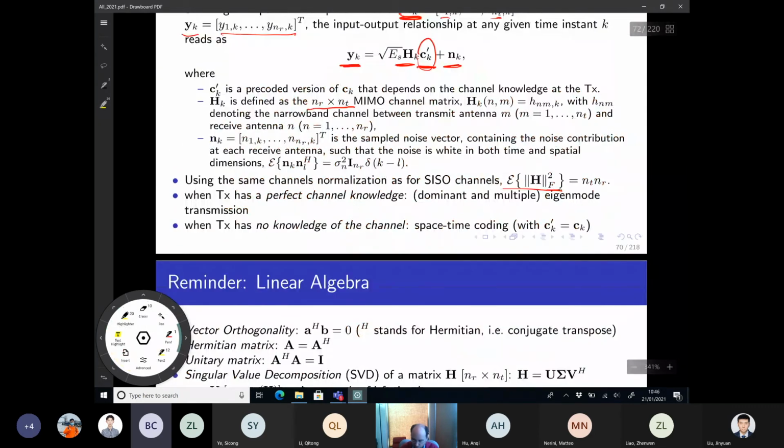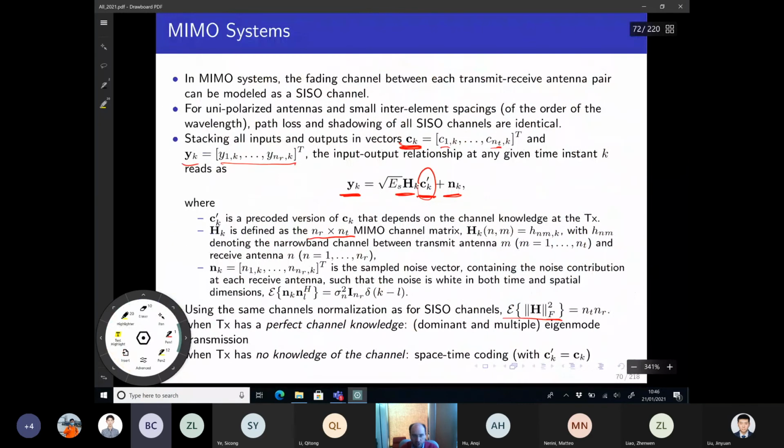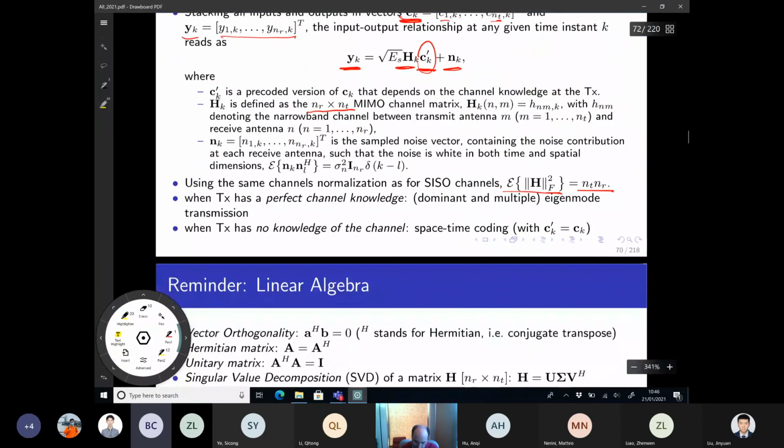Right, so the expectation of this is equal to 4 in the example I gave you. In general, it will be equal to NT times NR, right? Because you have NT multiplied by NR channel coefficients. We look at 2 different schemes. The first one is when you have channel knowledge at the transmitter, the second one when we don't have channel knowledge